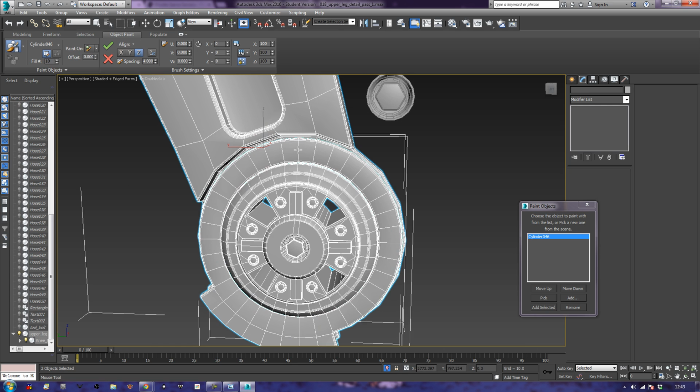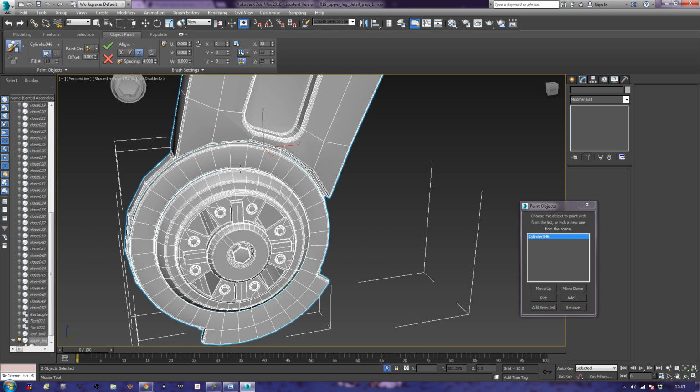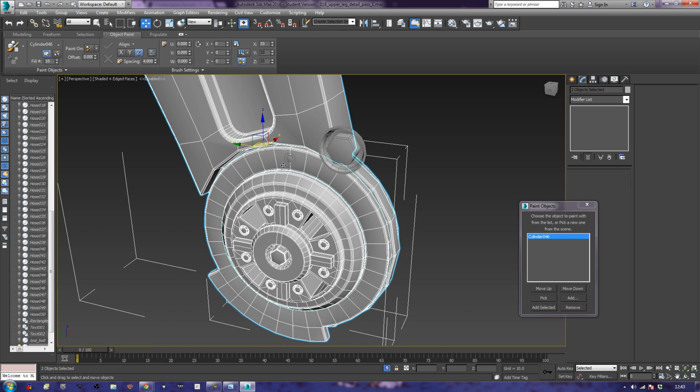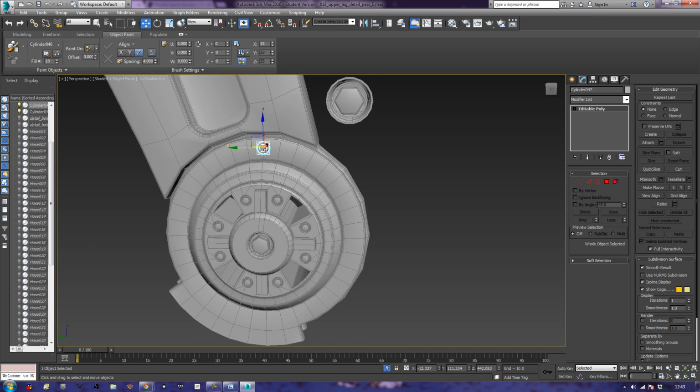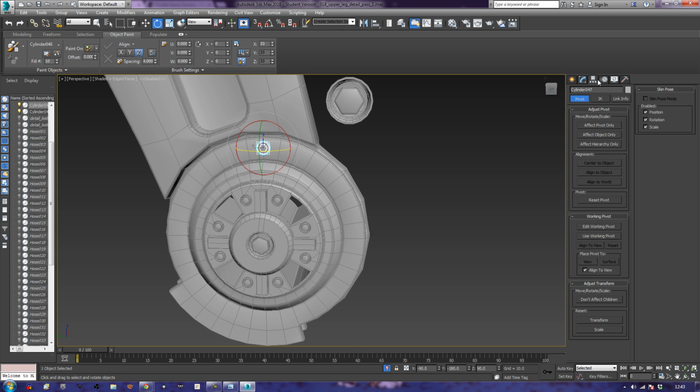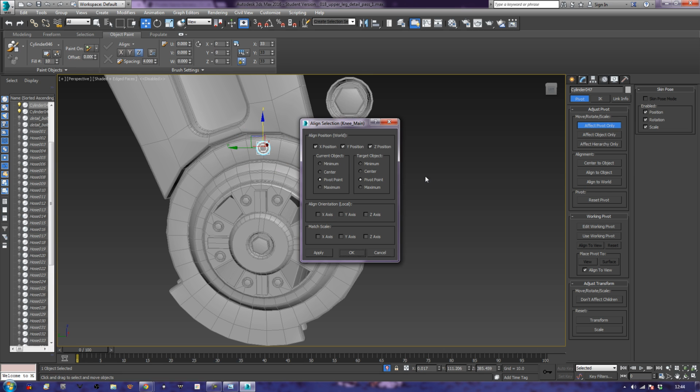There we go, and now I can bring down the scale. So I think probably about 33 is going to be fine. And I'll do it again on the other side too. Okay, so that's that done. Close that off. And what I'm going to do here is grab this, and I am going to align my pivot. So effect pivot only align to this. And click OK, and now you can see that my pivot is now lined up to the rest of the knees,